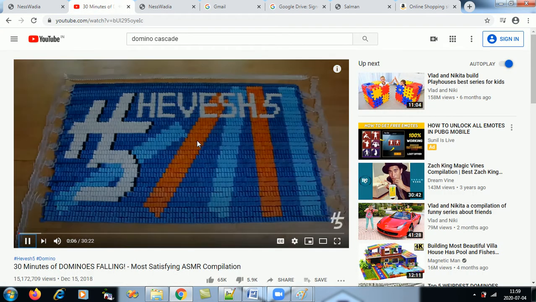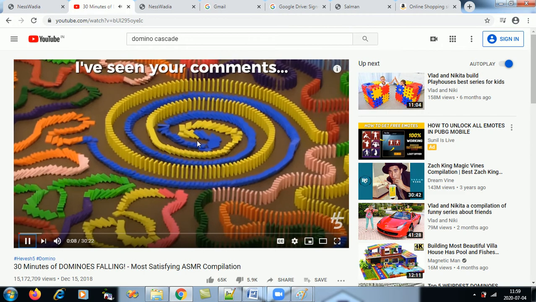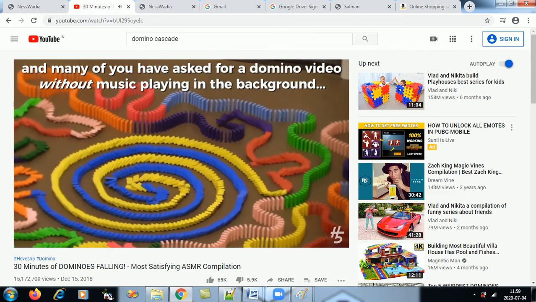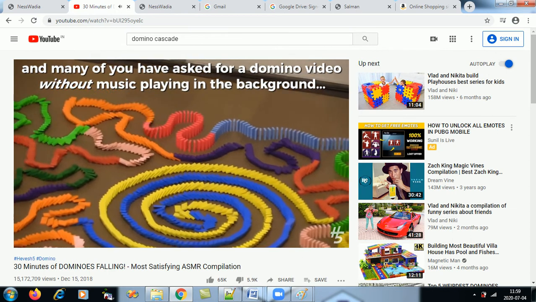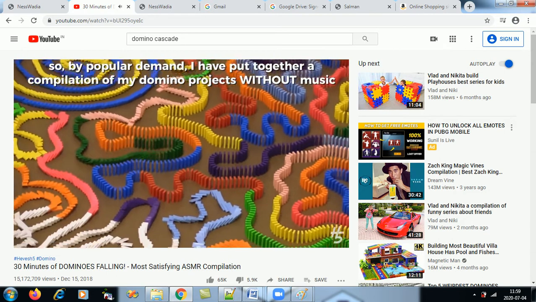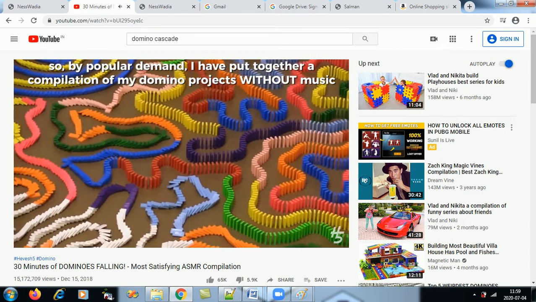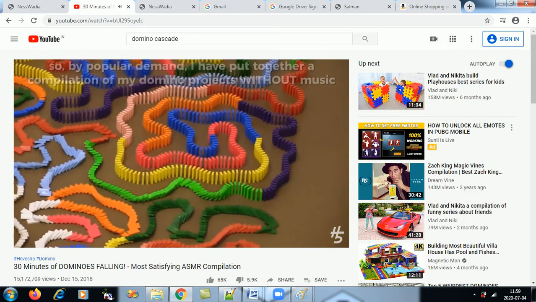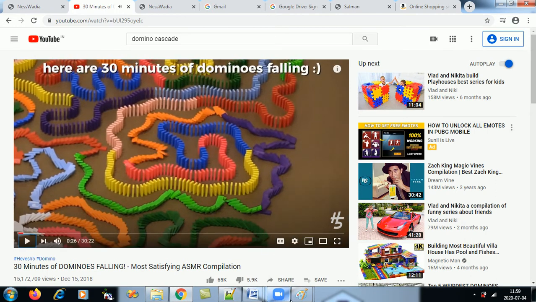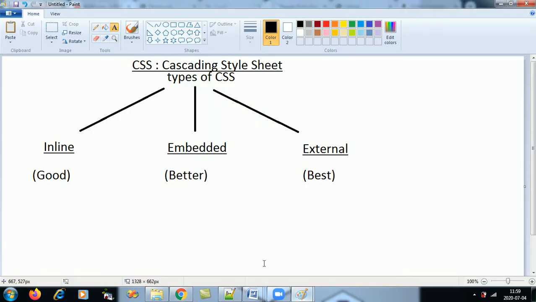So we all have seen these viral videos on YouTube. This is a cascading effect wherein there's a ripple effect created through the entire series. So if I drop one domino, that ripple effect affects the entire series of dominoes. So this is called a cascading effect. Another example you can take is bicycles in a bicycle stand. You push one bicycle and all the bicycles fall down. So this is called cascading.